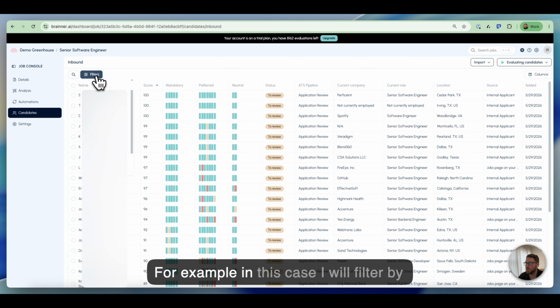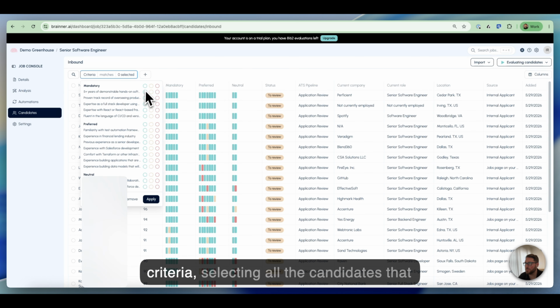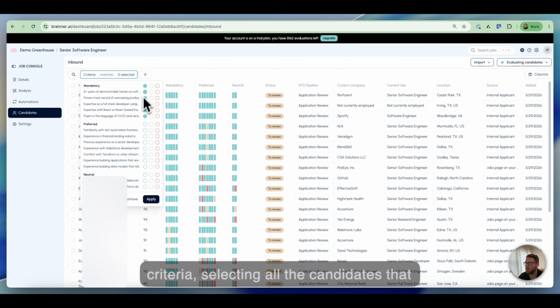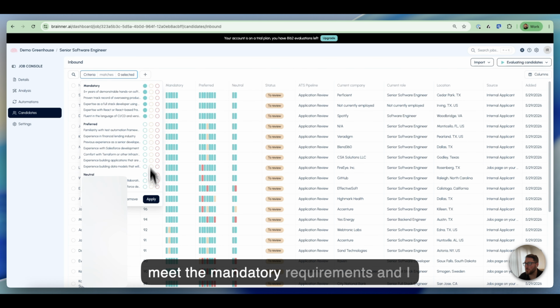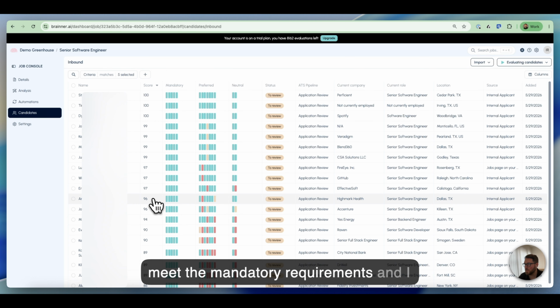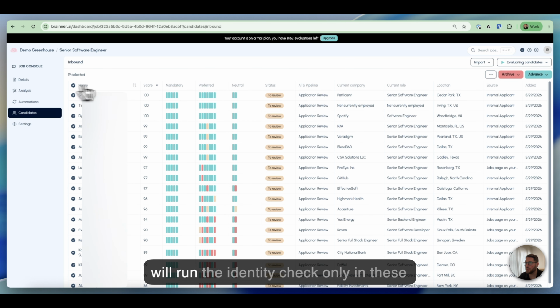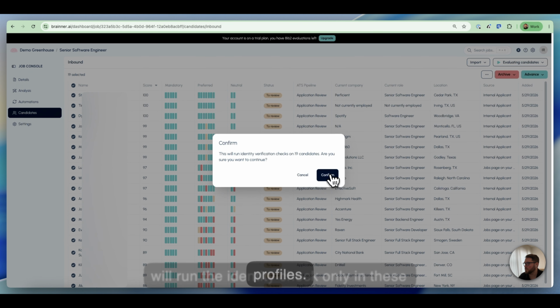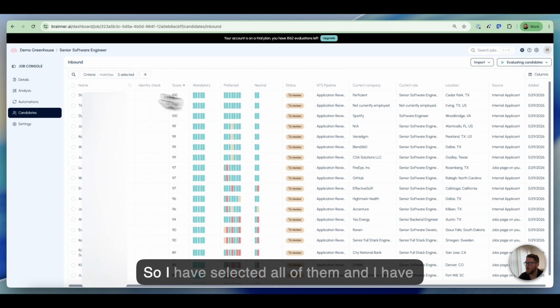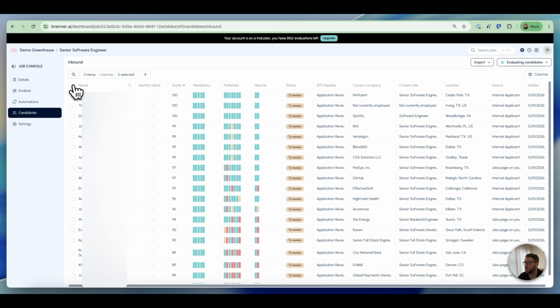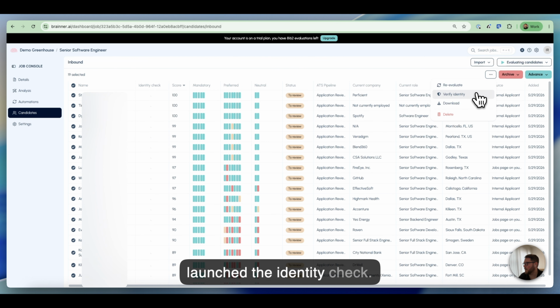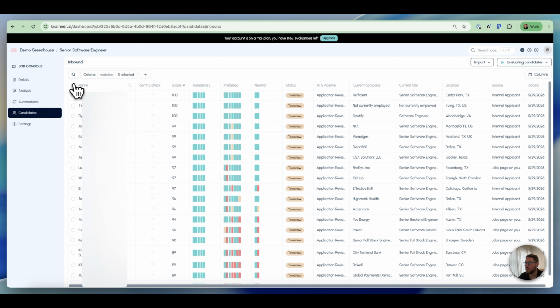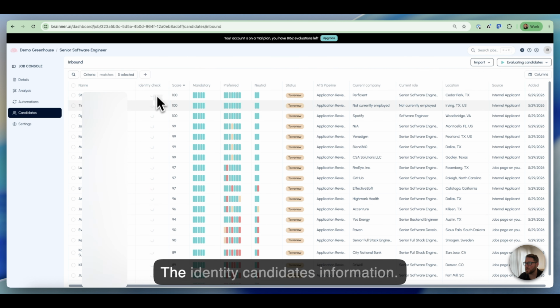For example, in this case, I will filter by criteria, selecting all the candidates that meet the mandatory requirements, and I will run the identity check only in these profiles. So I have selected all of them, and I have launched the identity check. Identity check will start being processed,